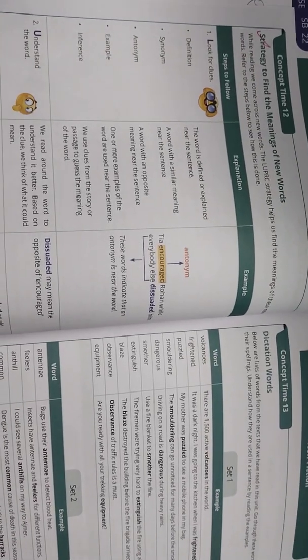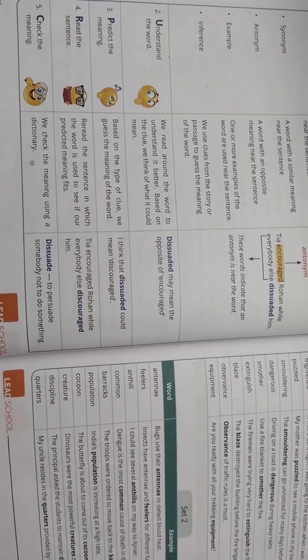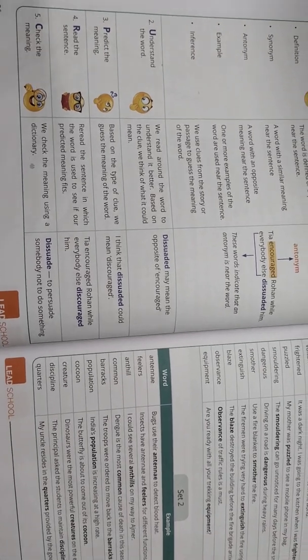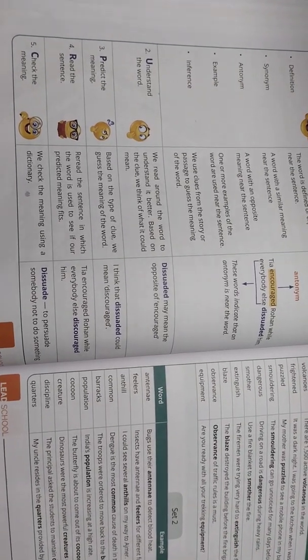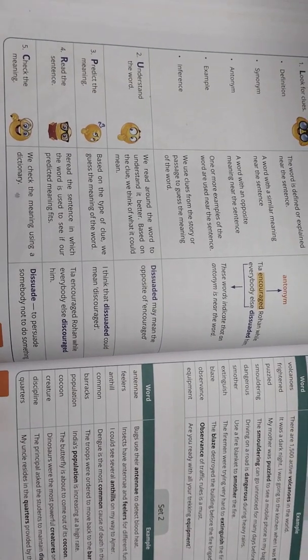Then inference means definite clues will be given to guess the meaning of that particular word. So these are the ways to find the clues: by definition, by synonym, by antonym, by example, and with the inference. And the next thing is you have to understand the particular word. We don't know what the particular word is. To understand the word, you have to read the sentence again and again, okay? And you have to think